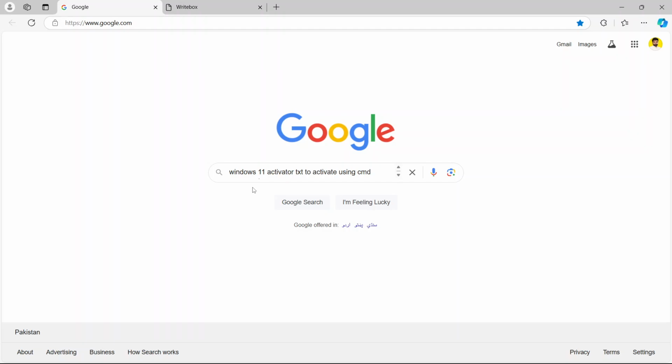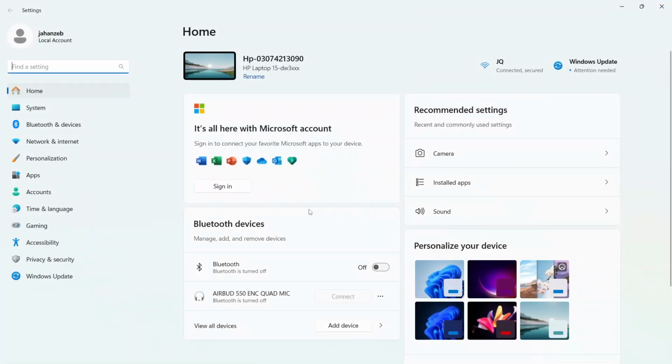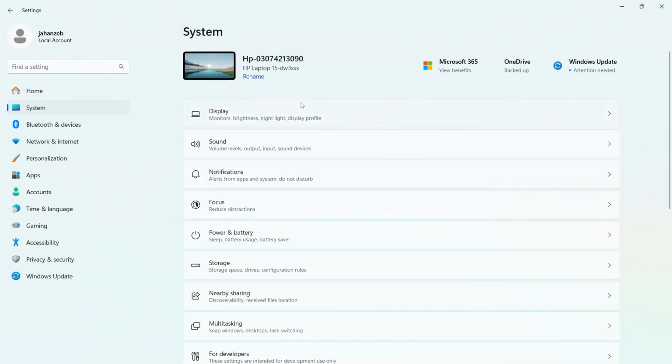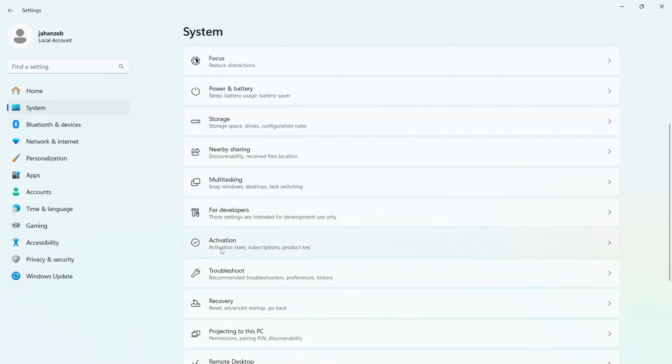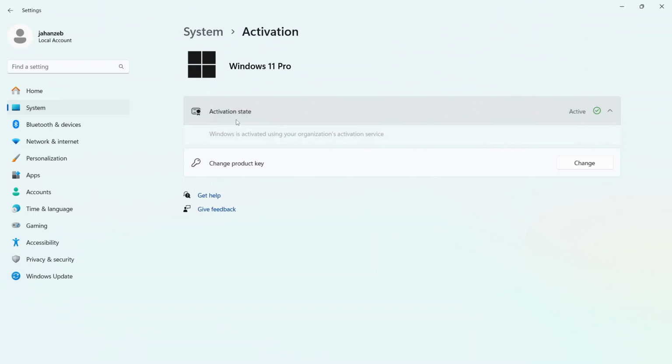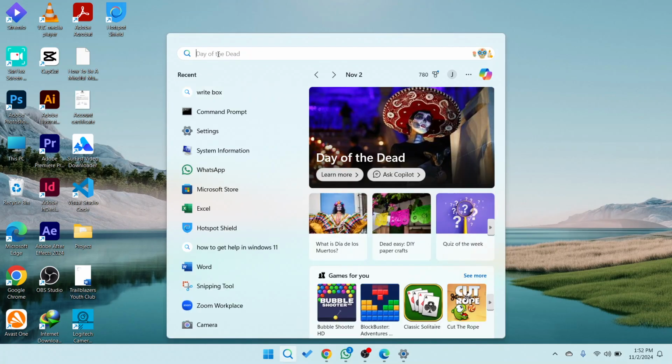Hi guys, in this video I'm going to show you Windows 11 Activator Txt to activate using Cmd. So first I'm going into my settings and go into the systems, and once you are here you simply need to scroll down, go into the activation, and here you can see that my Windows is activated. So you simply need to click here and click here, Cmd